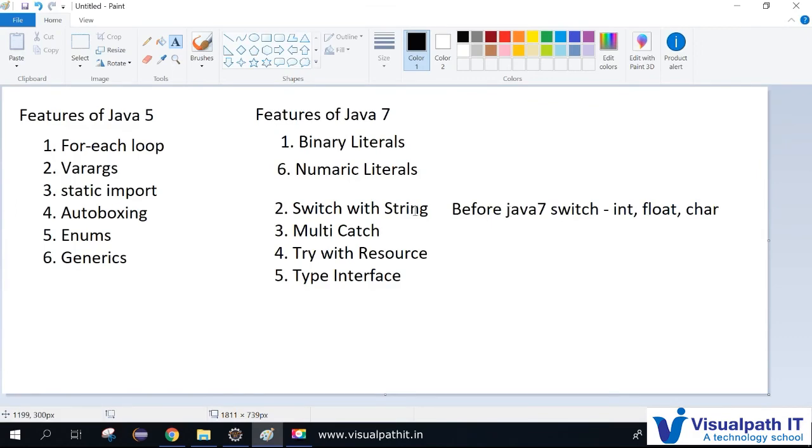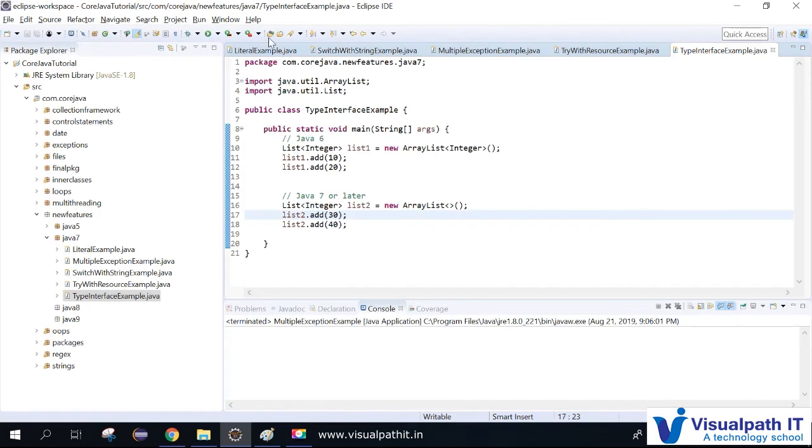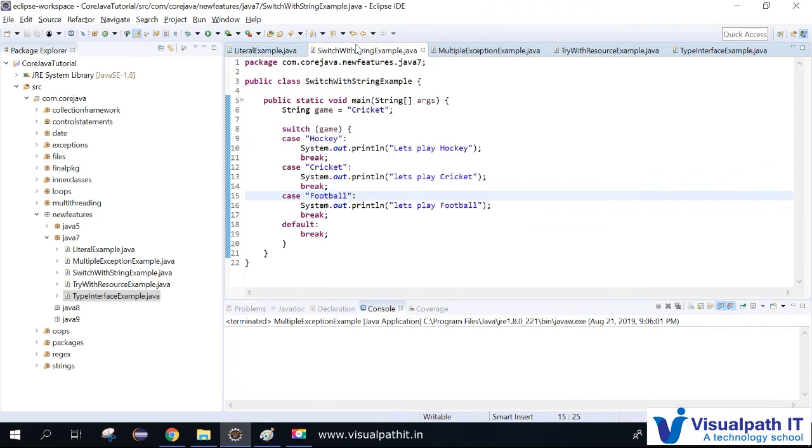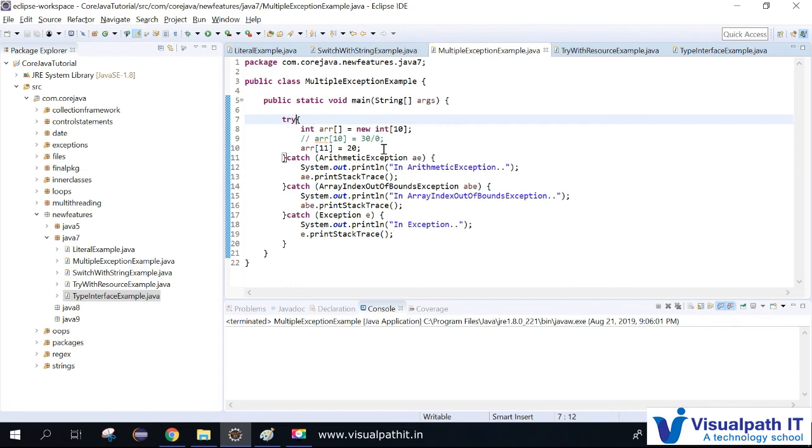So these are all the features we have in Java 7. Binary literals we have covered, which look like this. Binary digits it will directly allow, and numeric literals it will allow underscore characters, which makes readability easy for the developer. The other feature we saw, switch with string, where the switch case will take a string as an input and compare the cases. And multiple exceptions example we saw here, where one try block will have multiple exception blocks.